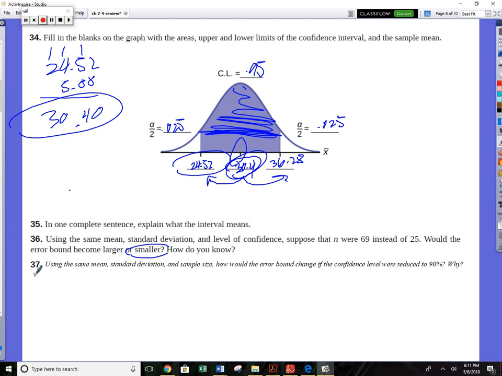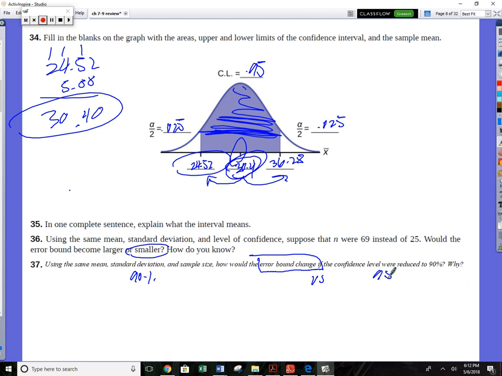Okay, if we change the confidence level to 90, here's what's going to happen. How's the error bound going to change? It should get smaller. We kind of talked about this at the first. Let's do 90%